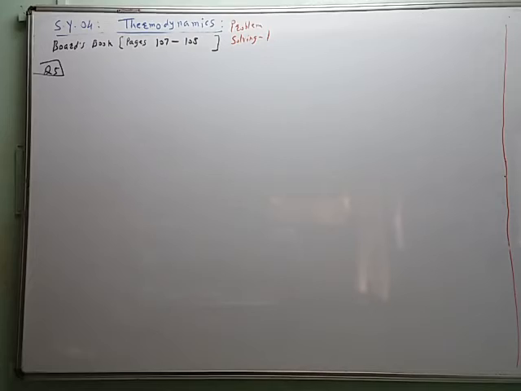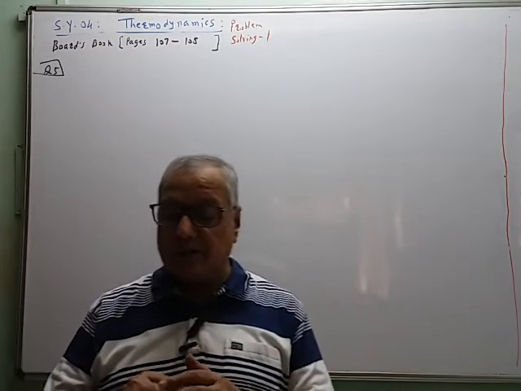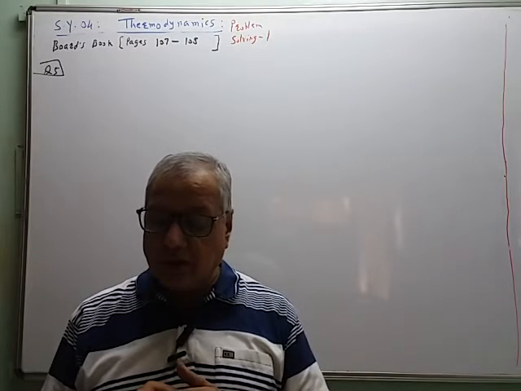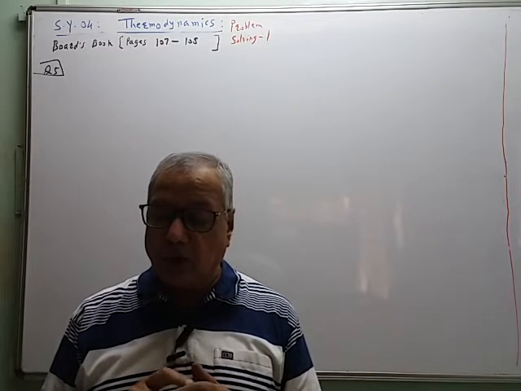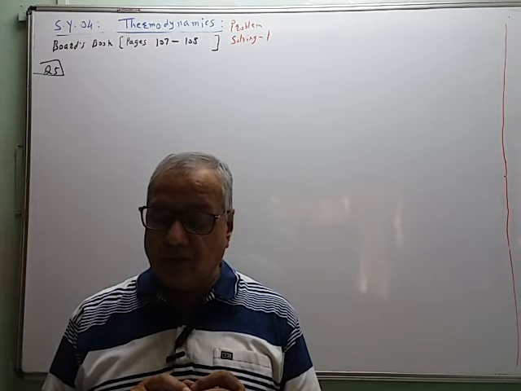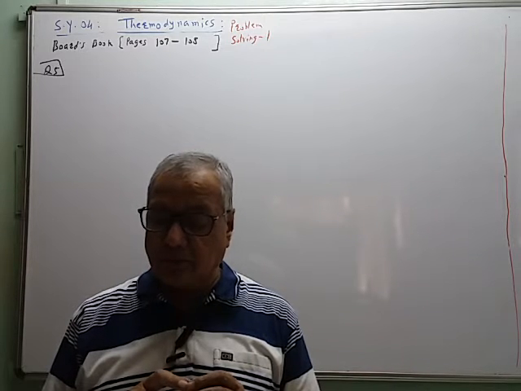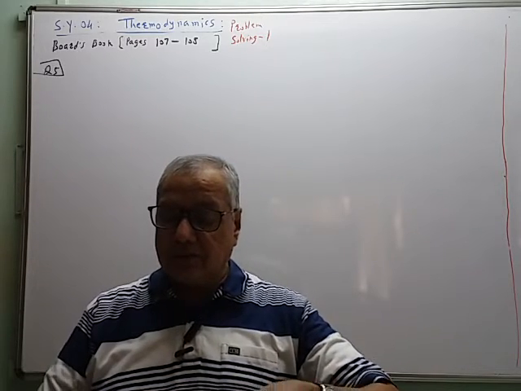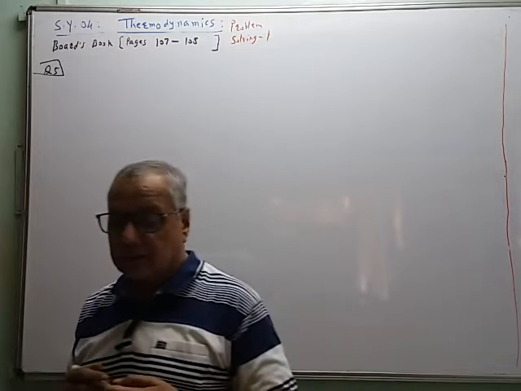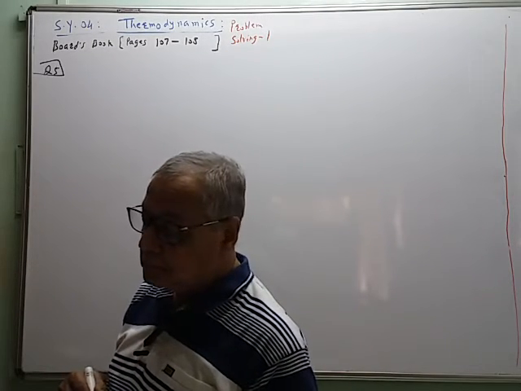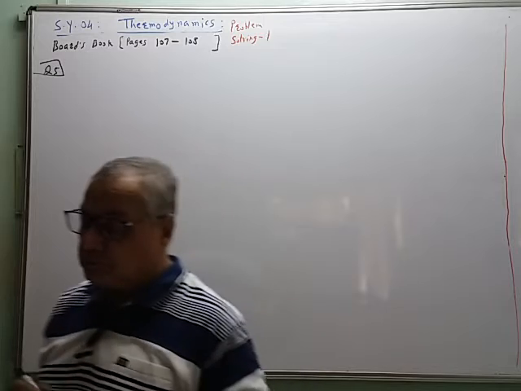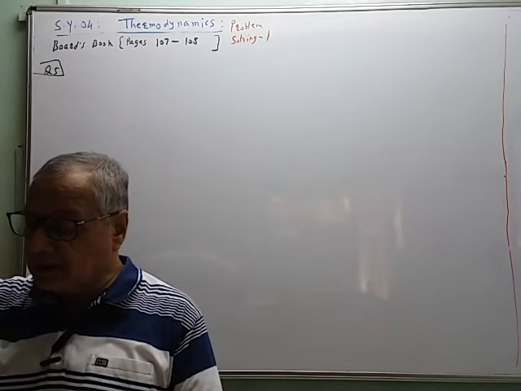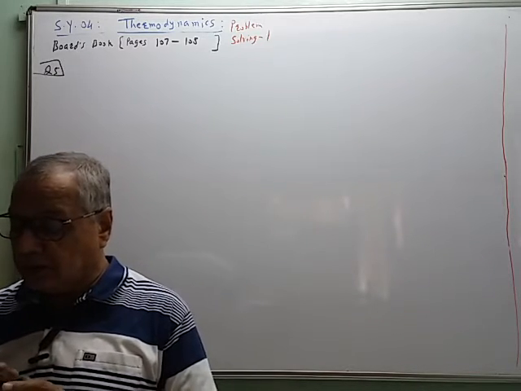So next question 5. Problem number 5. A system releases 125 kilojoule of heat while 104 kilojoule of work is done on the system. Calculate the change in internal energy. हे पुन्हा इंटरनल एनर्जीच आपल्याला विचारलेली आहे. So you have to find the change in internal energy, delta U.